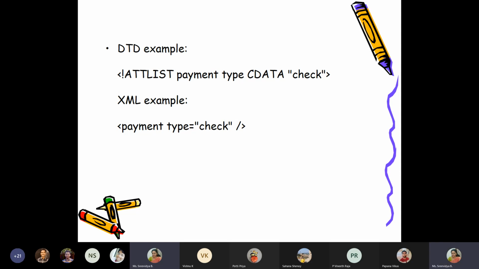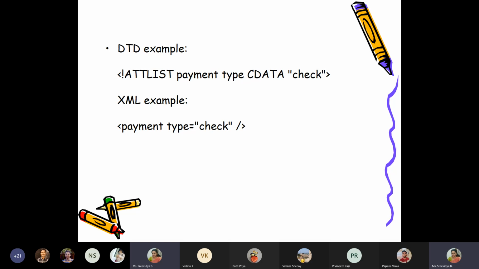Now one thing you have to remember is that in the case of an element, the character data was called PCDATA, written in brackets with a hash in front. In the case of attributes, corresponding to PCDATA, we have CDATA here, and we just write that, and the default value we put in double quotes.